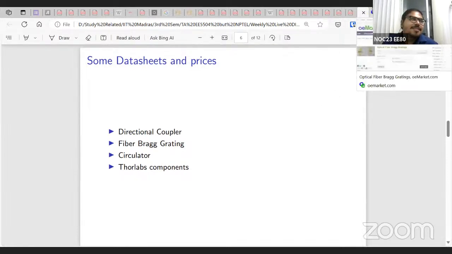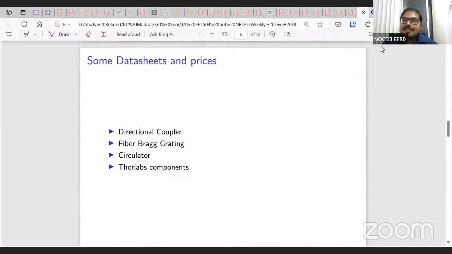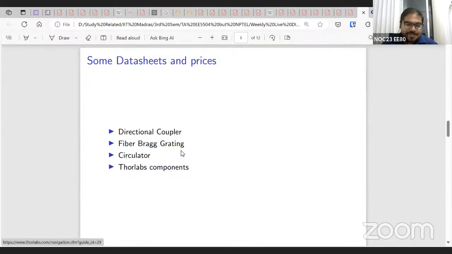They also sell, but they usually only provide the specifications. Like, you won't see any photos there. So